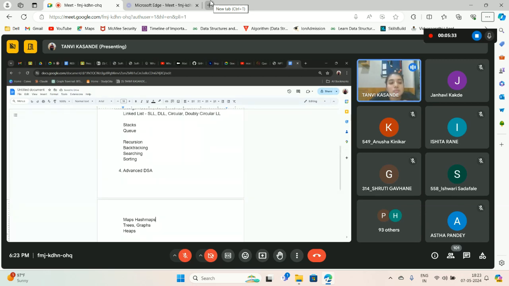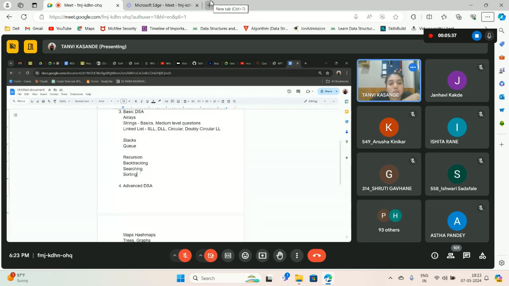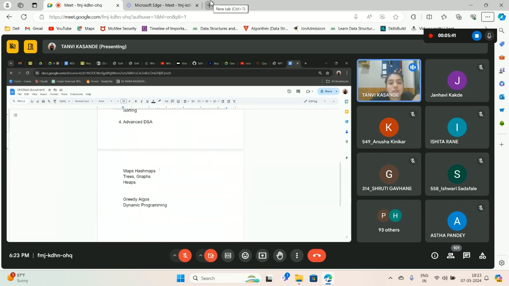You can absolutely not solve questions for these data structures without knowing all of this. And after you finish with heaps, there are greedy algorithms and dynamic programming. Maybe you have no idea right now what this means, but you can refer to this document later when you start studying for your internship.